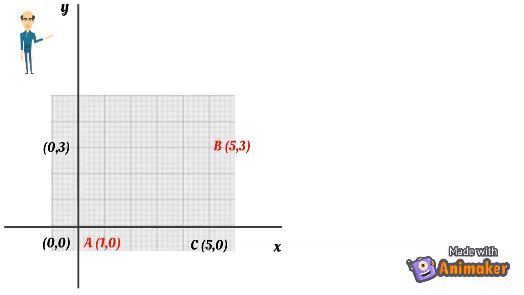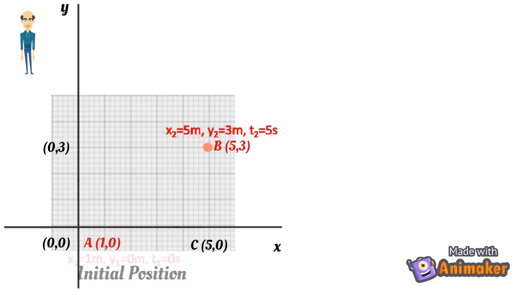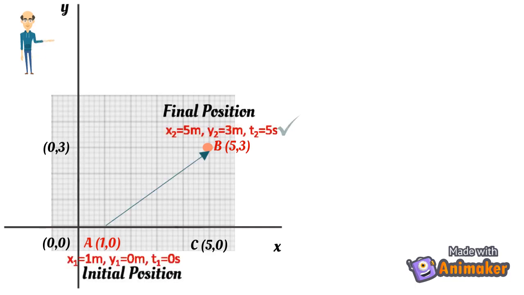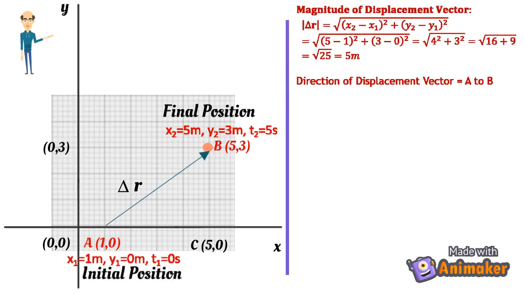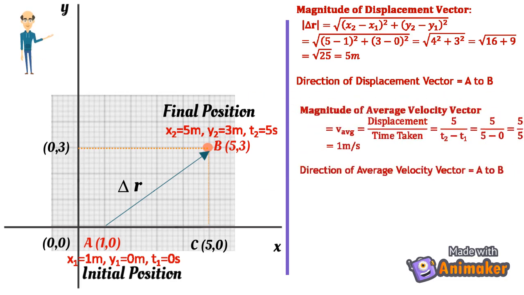Let's go through an example. An object moves from point A to point B via point C. That is, it first moves from A to C along the x-axis and then from C to B in the vertical direction. It takes 5 seconds to complete this journey. The magnitude of the displacement vector for this journey is given by the straight line distance from A to B. The average velocity for this journey is the displacement divided by the total time taken, which is 5 seconds. Please note that the direction of both the displacement vector and the average velocity vector is the same and is from A to B